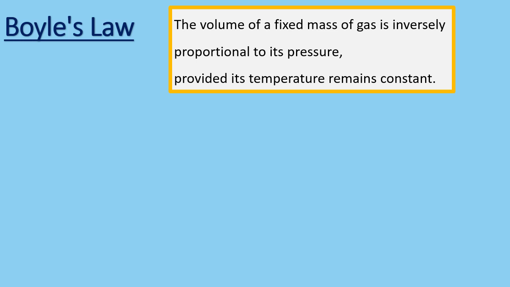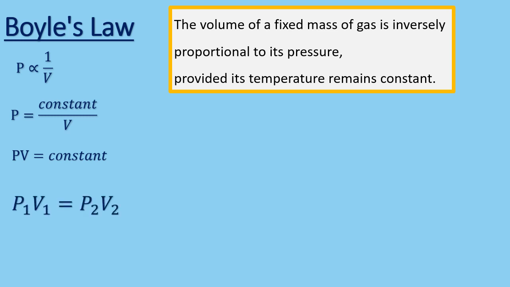Boyle's law can be formalized mathematically as follows. The gas pressure is inversely proportional to its volume. So, the pressure of a gas equals the constant divided by the volume of the gas. That equation can be rearranged so that the product of pressure and volume is a constant. And finally, we can write Boyle's law as P1V1 equal to P2V2, which can be used in a variety of